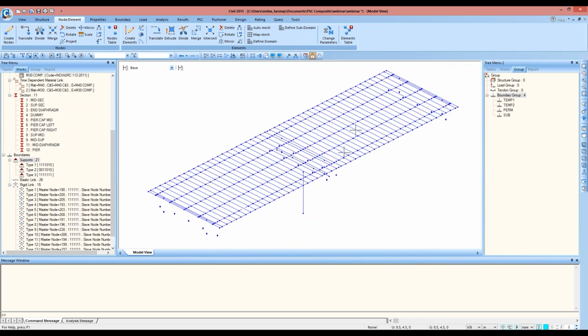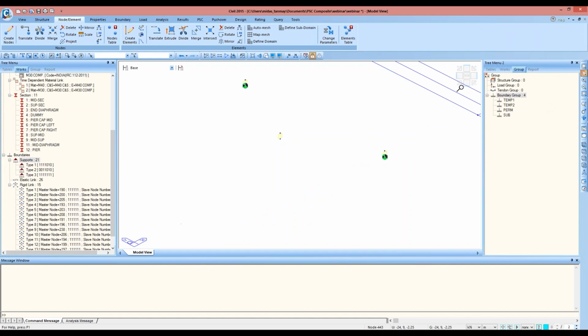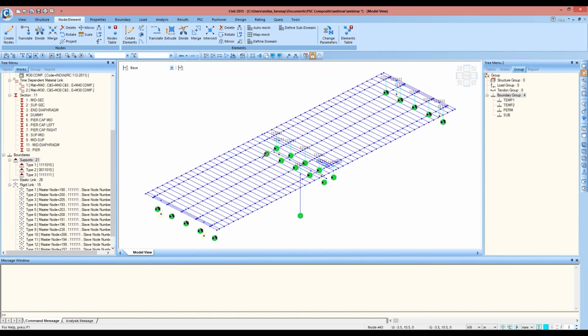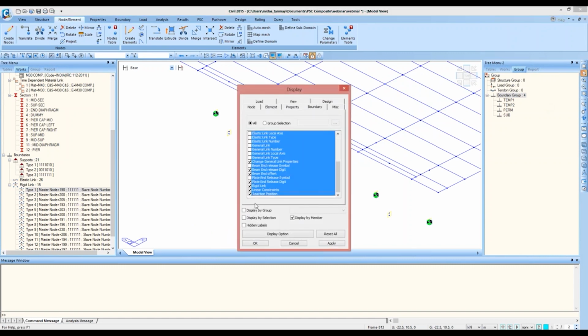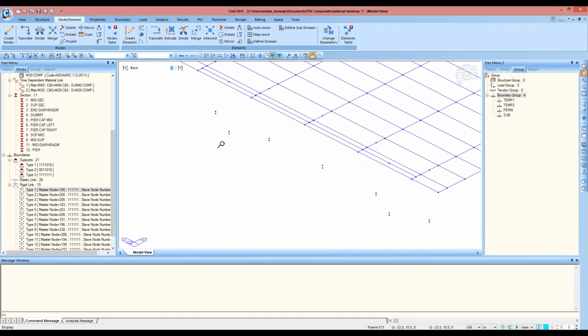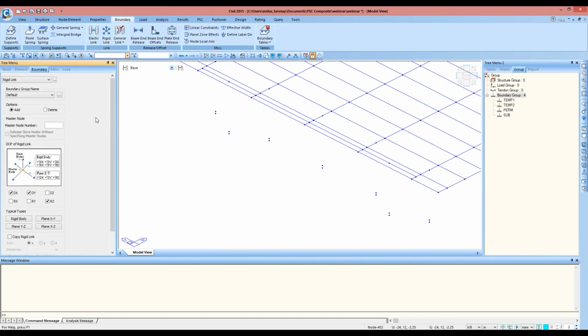The supports have been added here, as well as the elastic links have been added, but we need to add the rigid links here. So for doing that, I'll zoom in here and unsee all the supports. Okay, and I'll add the rigid links here. Boundary rigid links, and the boundary group name.